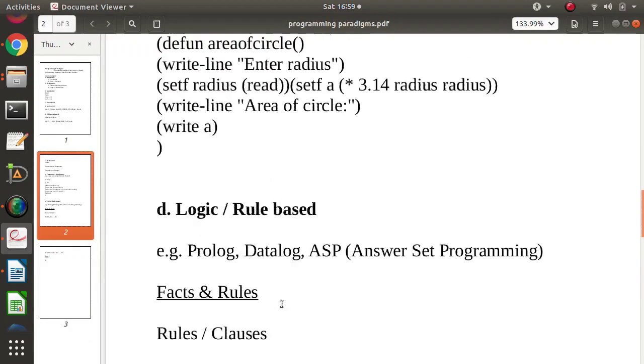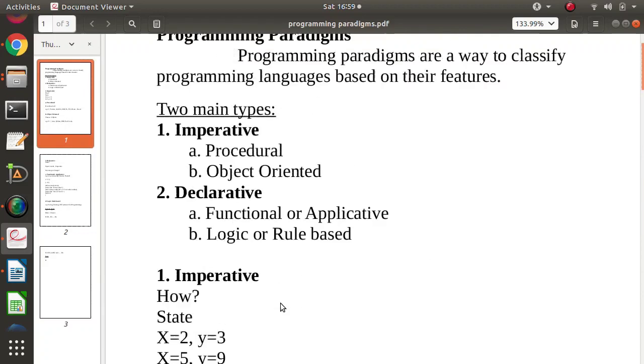So there are two main programming paradigms. One is imperative, which focuses on how, on state change, and the other is declarative, which focuses on what we want, the properties. There is no state change, and it focuses on properties of the final output. Then there are two types of imperative programming paradigm.